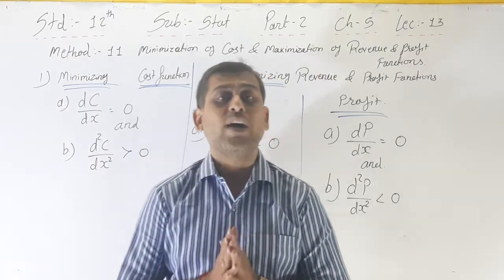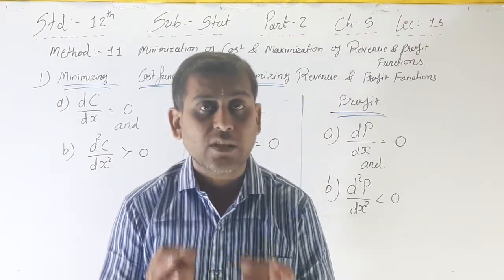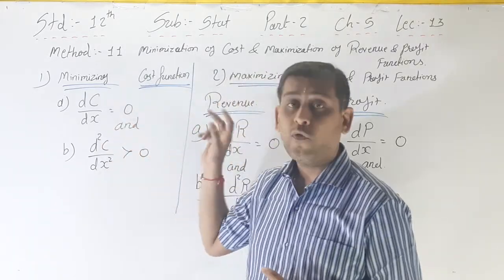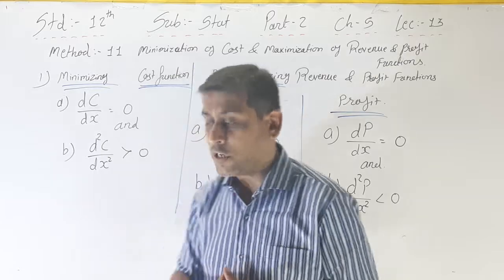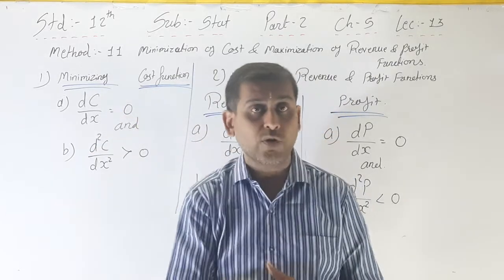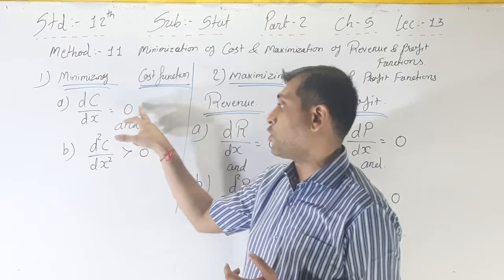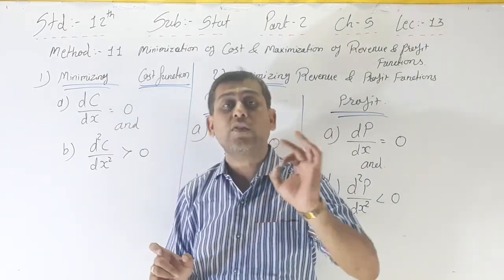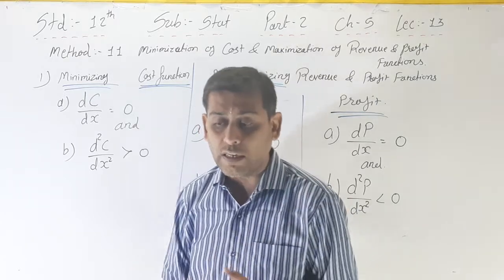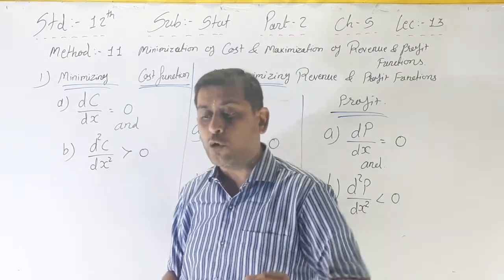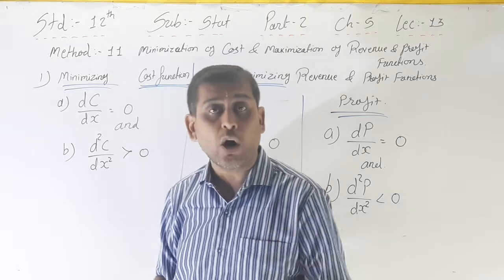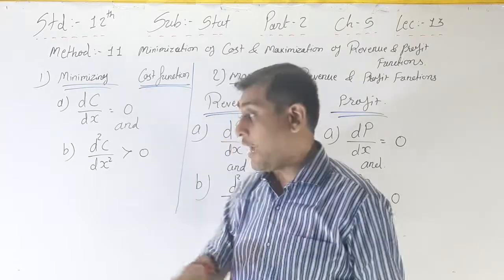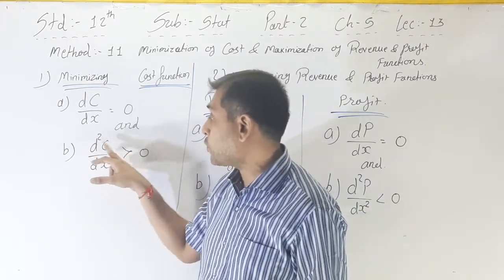First of all, you have to find out how many units are produced, that is your X, that is your stationary value. You have to find out the first differentiation. See, the cost function is given, that's why you have to find the first differentiation. Then put the first differentiation equal to 0. Then at that point we can find the stationary value of X. That means your first answer, how many units should be produced for the minimum cost.